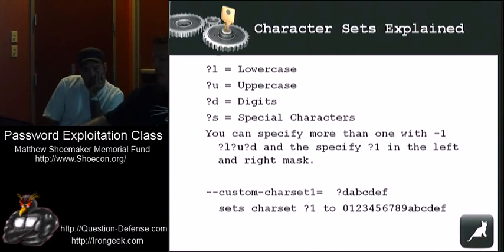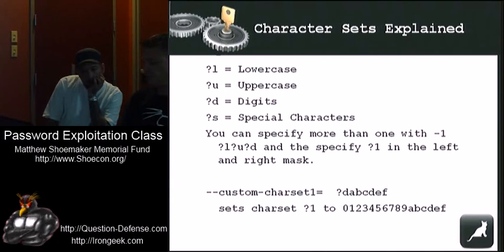And so here's an example of a custom character set at the bottom. You have to have a left mask and a right mask, which basically means you have to have characters on the left side and the right side. It's just the way Hashcat's coded. So if you were going for a 7-character password, you would have 4 character sets on the left side and 3 character sets on the right side for a total of 7.